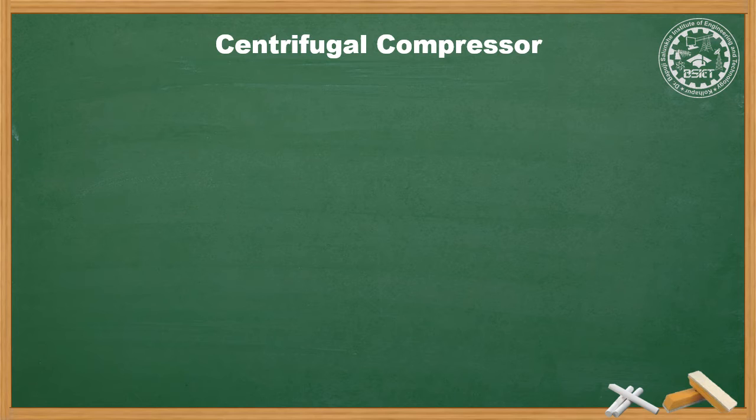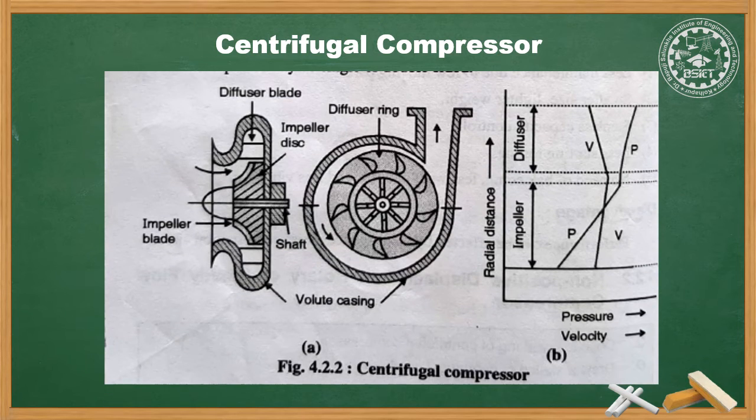The impeller consists of an impeller disc and impeller vanes attached on the impeller disc radially, forming radial diverging passages as shown in the figure. The impeller rotates with the shaft at high speed and air is drawn into the impeller in the axial direction. The air flows radially outward through the impeller passage due to centrifugal force, and kinetic energy is imparted to the air with some static pressure rise. The remaining pressure rise is obtained in the diffuser.